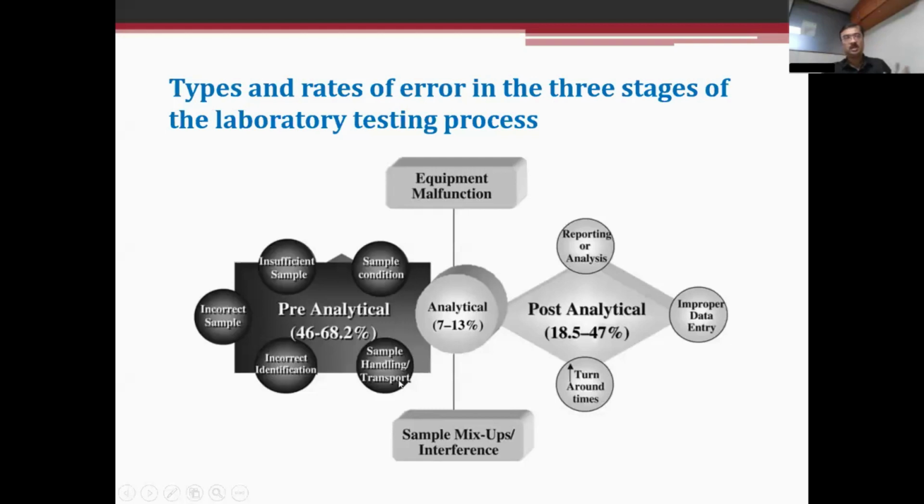Suppose this is a very good sample to be worked on. A patient gives a sample for PRA, plasma renin activity. You don't do the test; you send the sample to Mumbai. During the entire transport process, PRA has gone down to 0. So when you analyze it and find 0, it is not your analytical equipment failure. By the time it reaches, the sample is already almost gone. So pre-analytical factors, which I will elaborate later, are the major source of laboratory error.